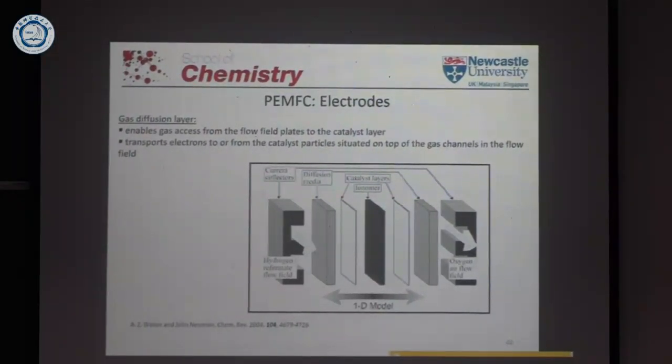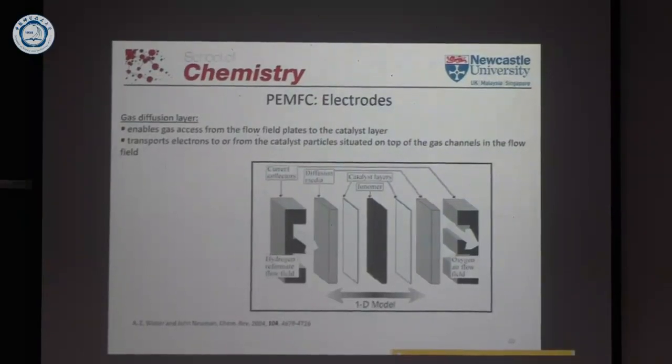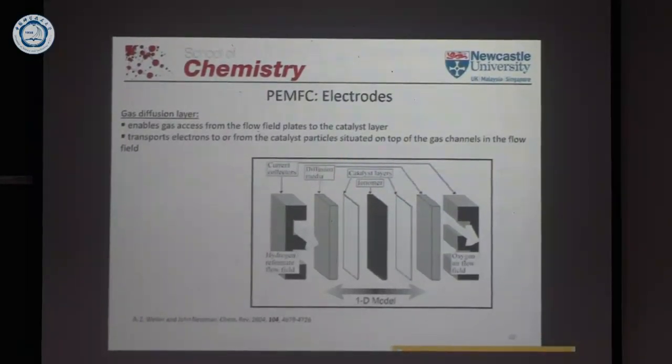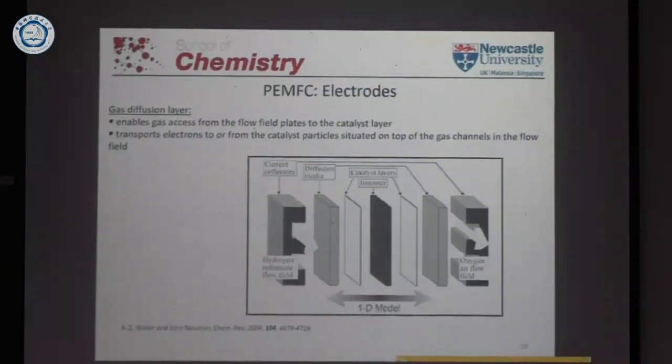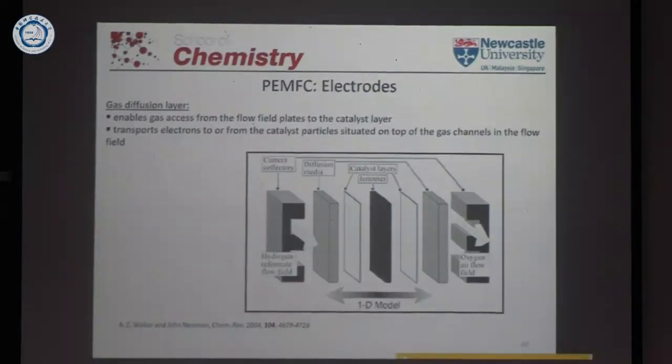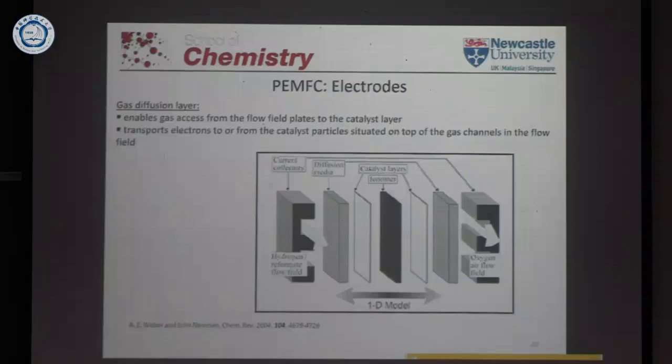The membrane we looked at was Nafion. Nafion is the material that is mostly used in low temperature fuel cells, and we discussed a lot what the properties are, what the mechanism of charge transport is in the membrane,